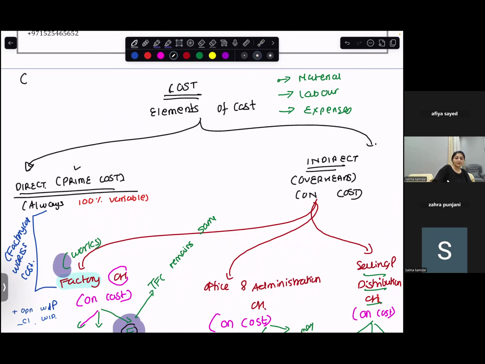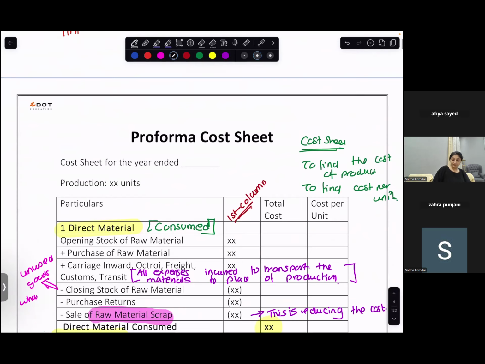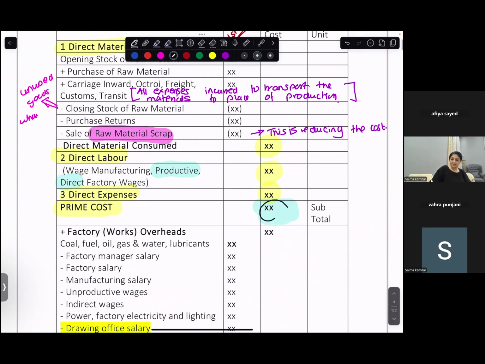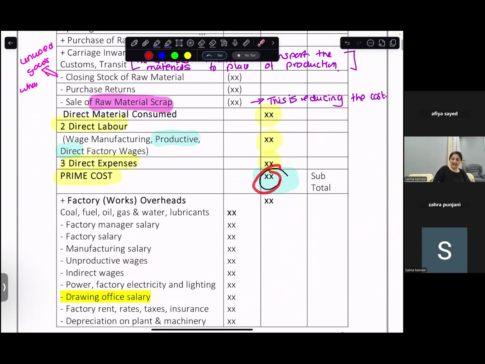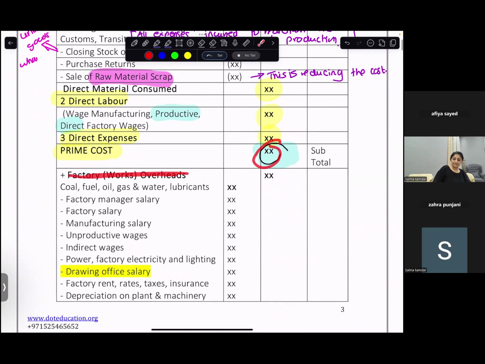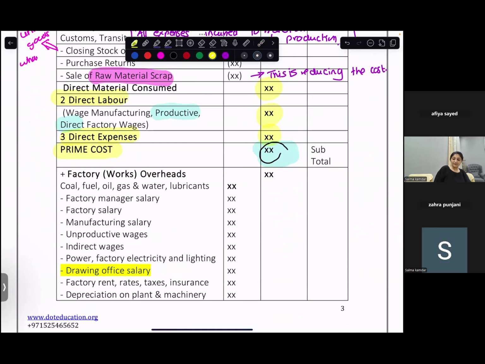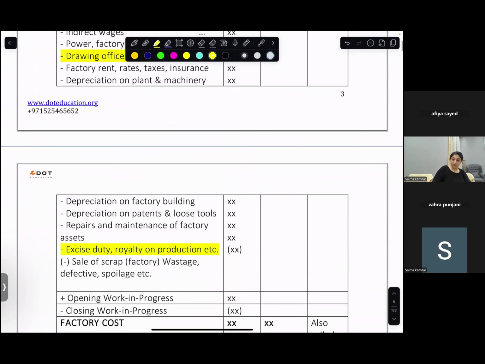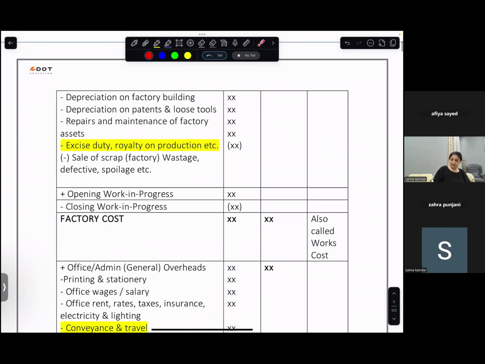And I am looking to find the cost of production. So the cost of production will have all other expenses also. Don't mix it with AS level. Prime costs, add the factory overheads. You are going to get something that is called factory cost or works cost.